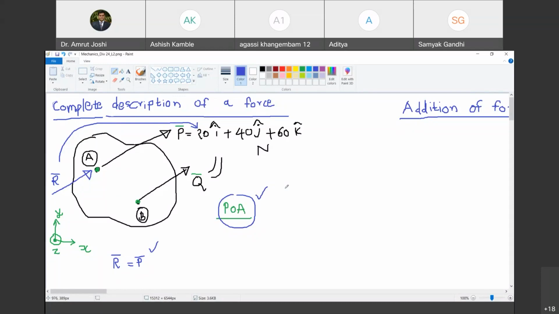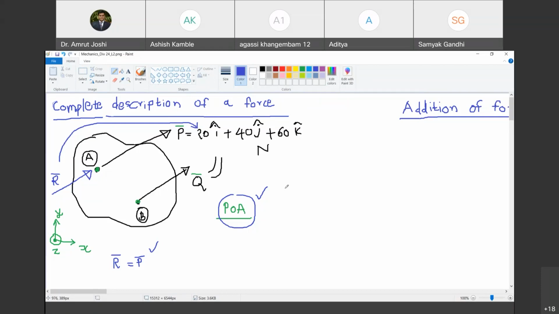Should be. The direction is the same. Their point of application and their magnetic field. No, as far as the physicist is concerned, imagine force P bar acting at A. Is it pulling point A or is it pushing point A? Tell me. Okay, it's pulling. Pulling. And now if you look at force R bar, is it pushing point A or is it pulling point A? So therefore, there is still some difference between P bar and R bar. So it is not enough to specify only point of application. Do you agree with me?